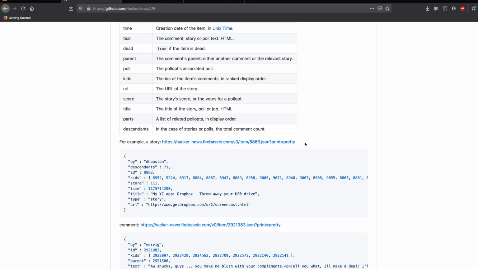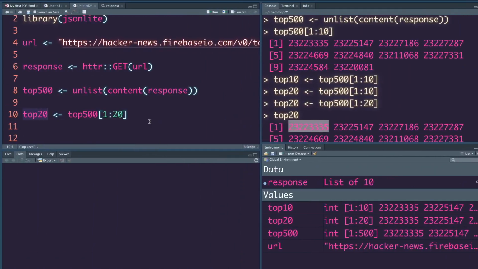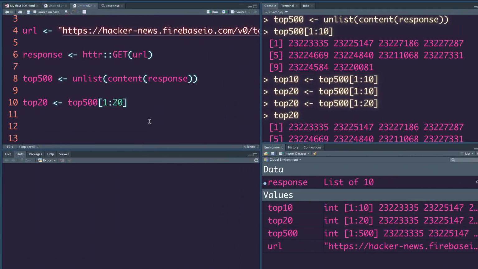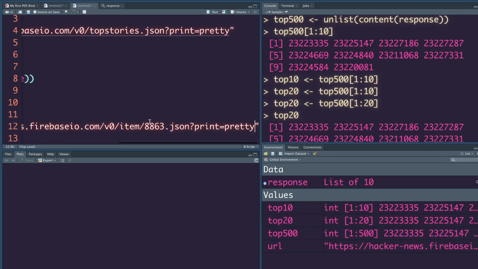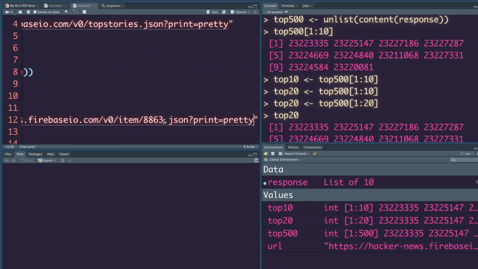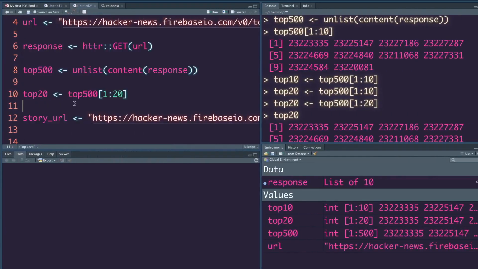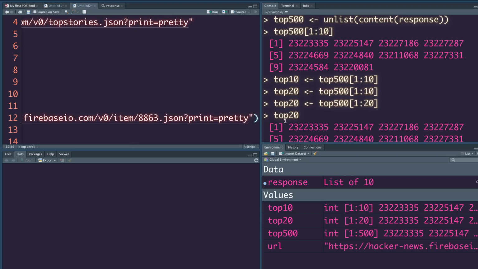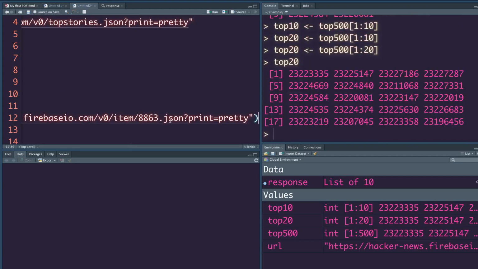So what we need is this one, but let's say story URL. We do not need this, we actually need what we have here. So we need this element here. What we are going to use is a function called paste0, where you don't have to explicitly mention a separator.